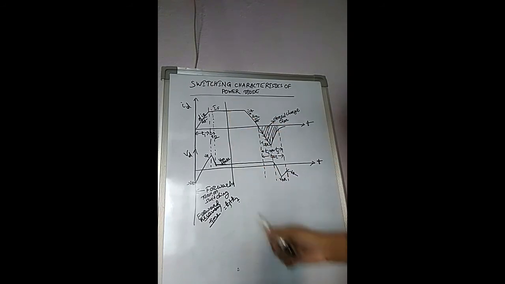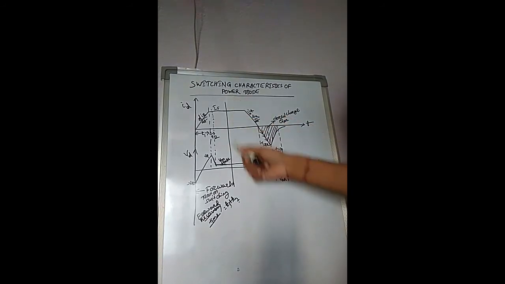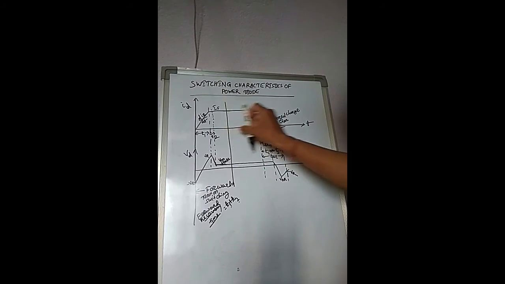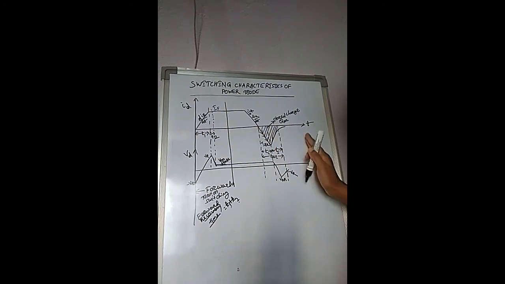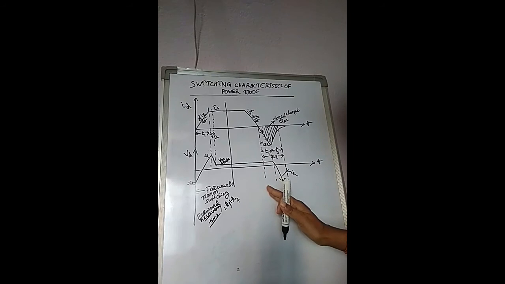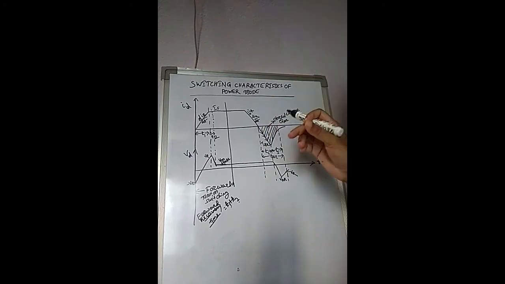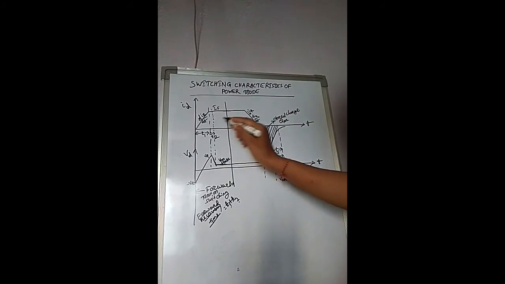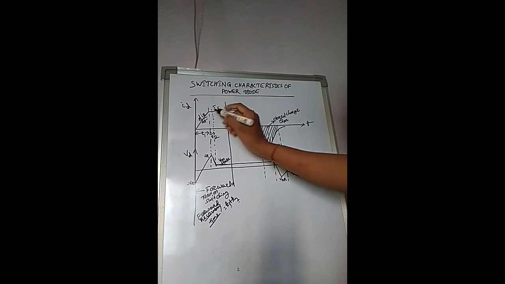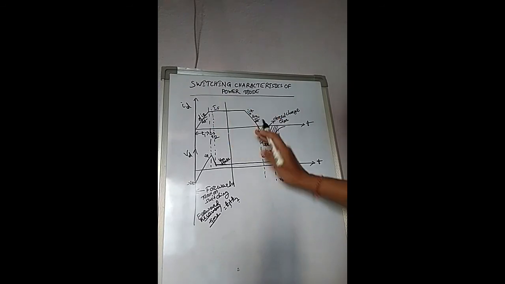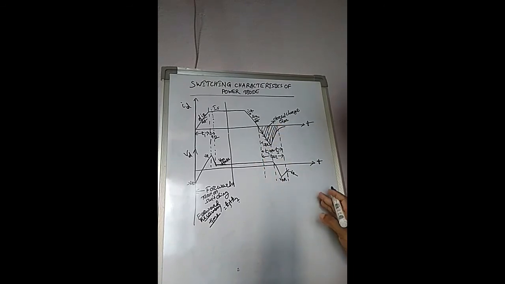So what happens after the diode remains in the turn on position? After this part, this side of the graph represents the switching characteristics during turn off, or the reverse switching characteristics. So after the forward diode current remains in a stable position, when we want to turn off the diode, we need to remove the supply voltage or forward voltage from the diode.